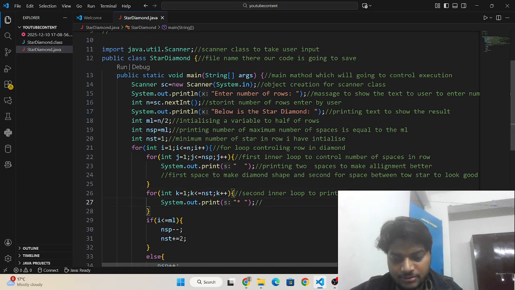Here we are printing two spaces; here we are printing a star with one space.